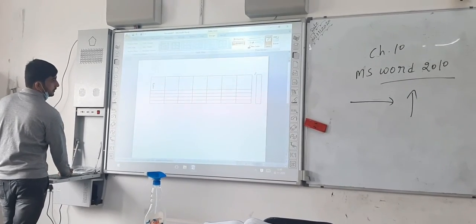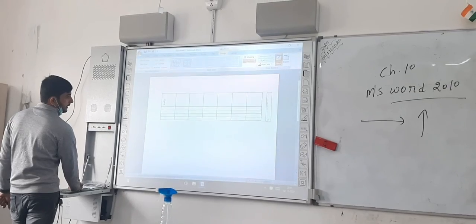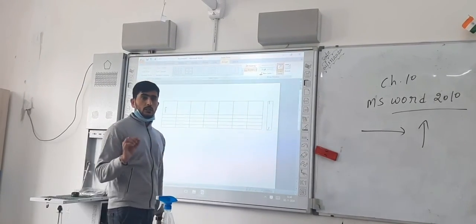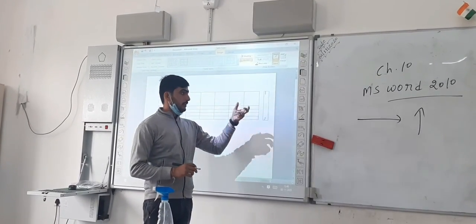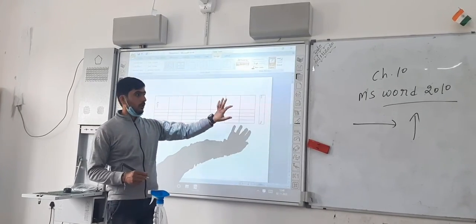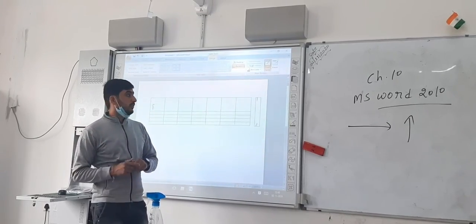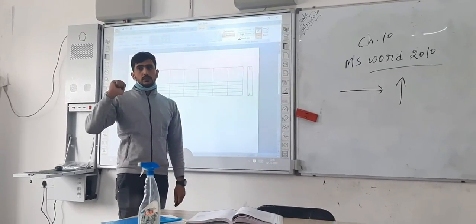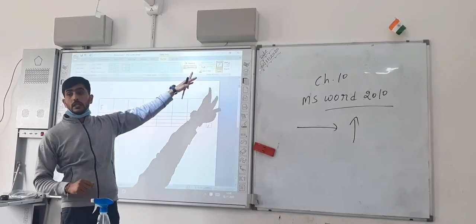I can insert it that way, but in that case your hand should be very active. If you want to insert rows and columns, wherever you start, that box should be drawn very precisely. If you put it here and there, the box will be inserted there. Okay, so Draw Table.